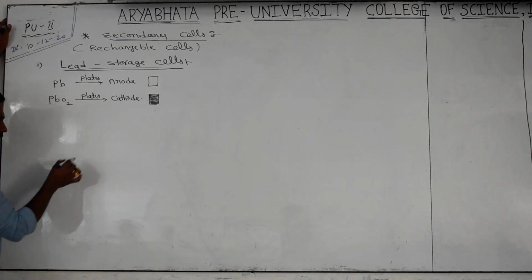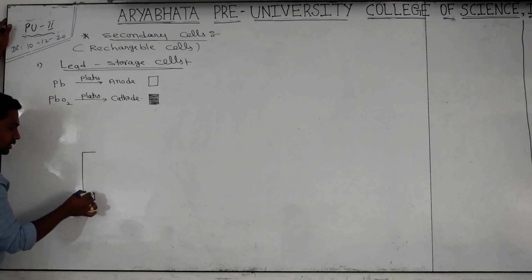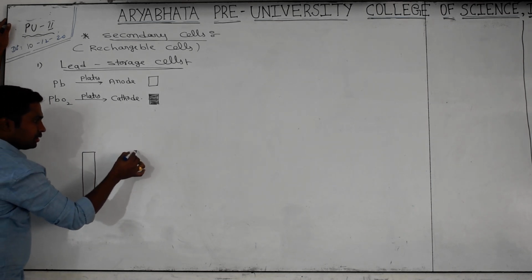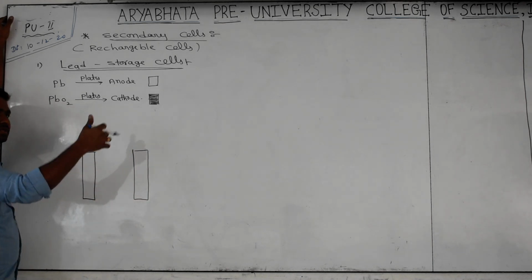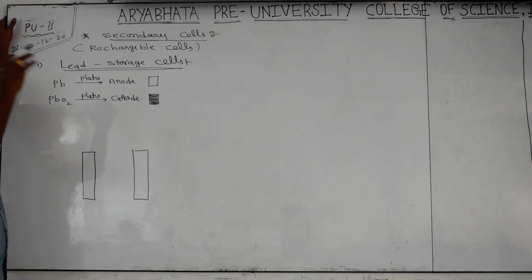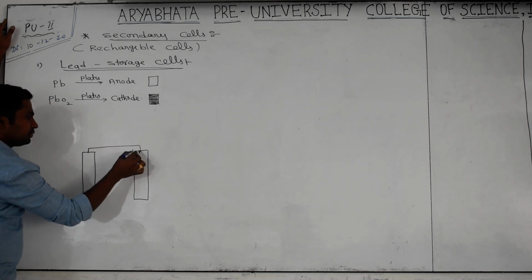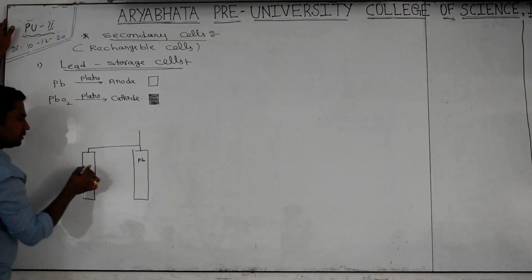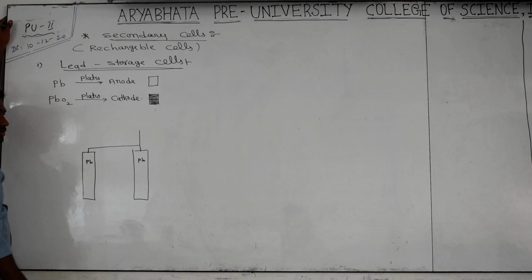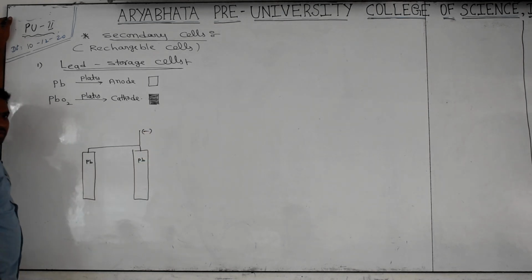First of all, the one plate we have to take is the lead plate. Observe very carefully. This is the lead plate. Like this, I am taking 2 lead plates. Based on your power supply capacity, you have to increase the number of plates. And these two are connected with each other. Then it will be one terminal. Which plate is it? Lead plate, Pb plates. Pb plates are acting as the anode. Then oxidation is going on. After oxidation, do they get negative or positive charge? Negative charge. This terminal is nothing but the negatively charged terminal.